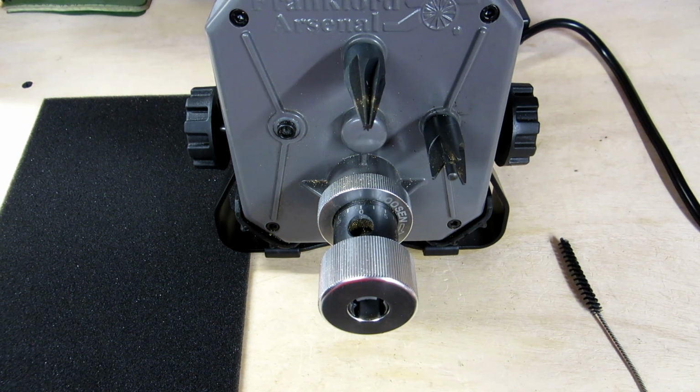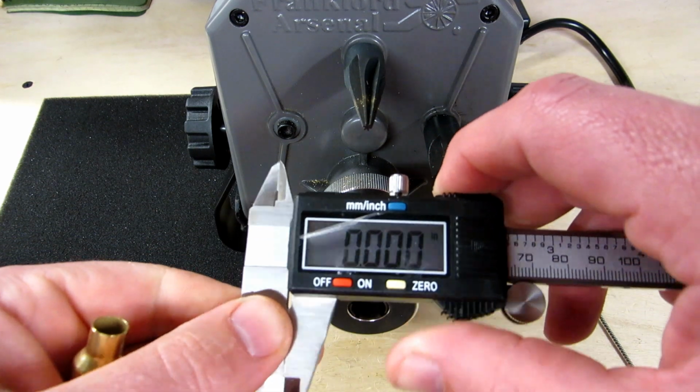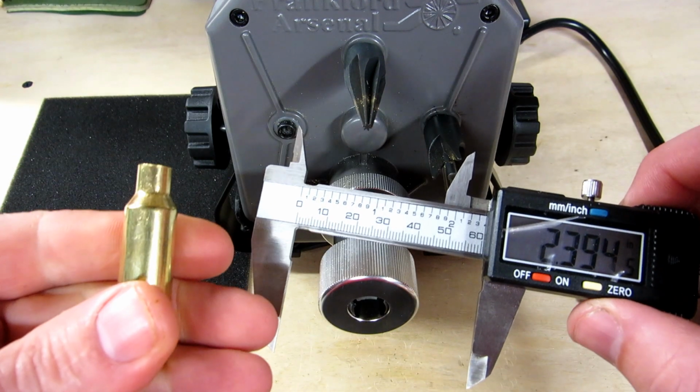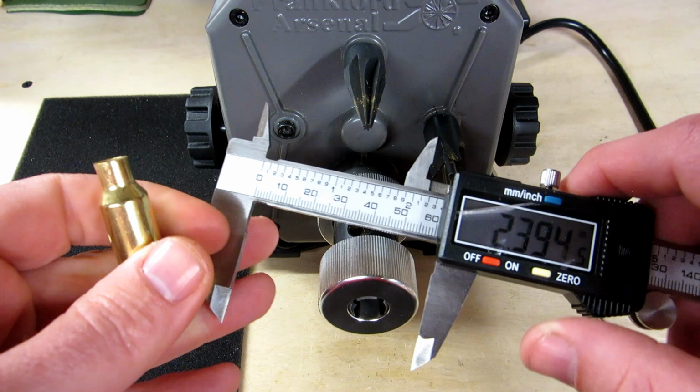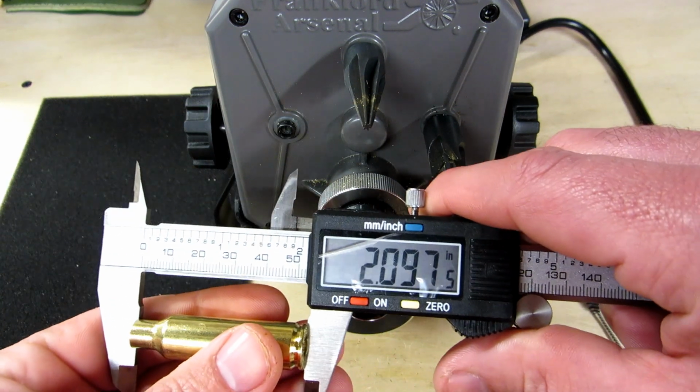One of the biggest things that we do is we trim every single WSM to the same length. Out of the bag, they can be all sorts of lengths. So you can grab your calipers, make sure you zero them out, take a fresh piece of brass out of the bag, and measure the length. So this one comes in at